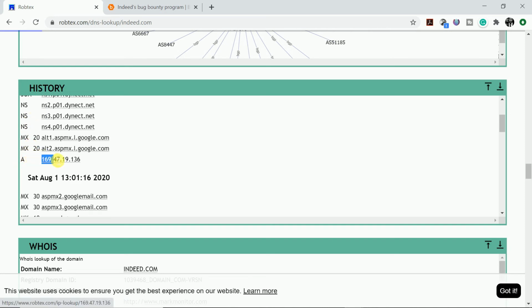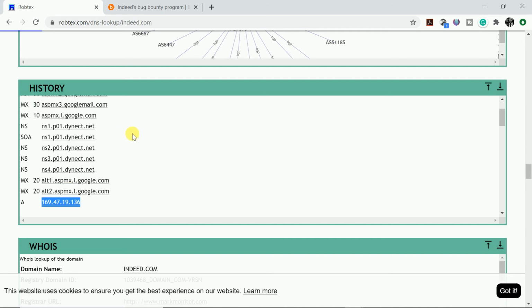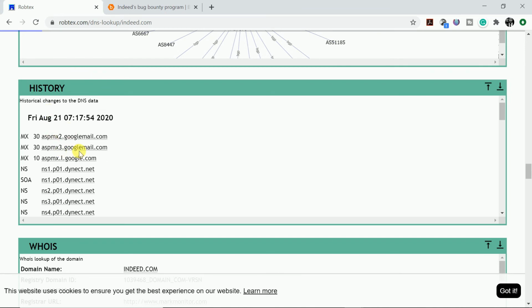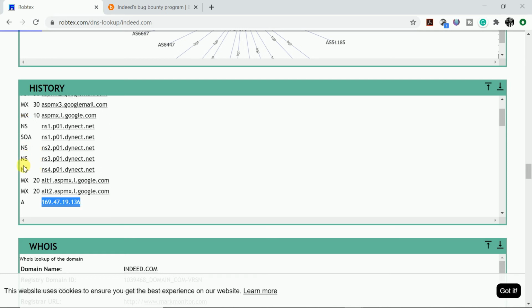So this one will definitely be the IP address that is associated with the domain name. And now you are getting a clear picture. I think you are getting a clear picture of what we were talking about earlier in the theory, and now you can see it in practical. Okay, so these are the three mail servers that are associated with this website, and it is available in the DNS record tagged as MX. And these are name servers. These are A records. Okay.